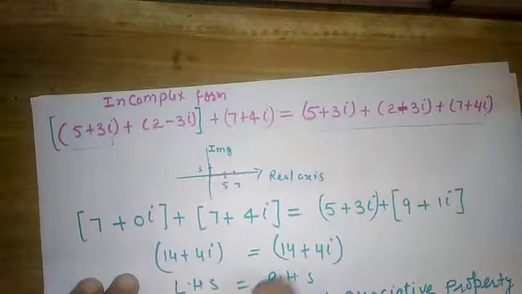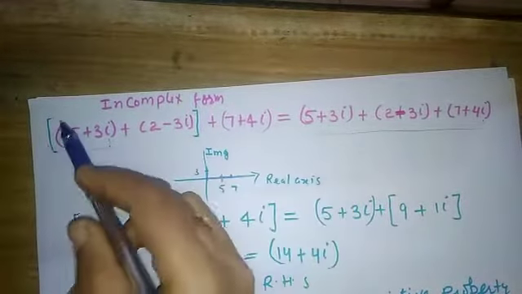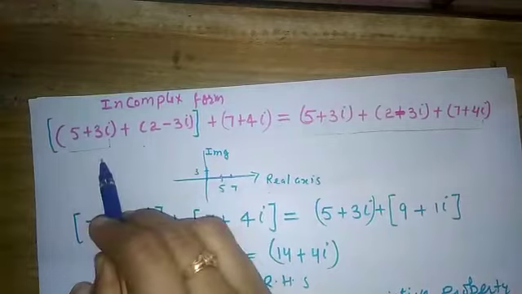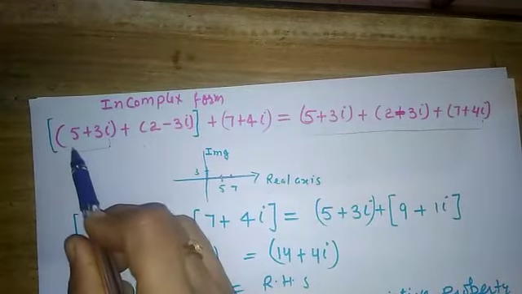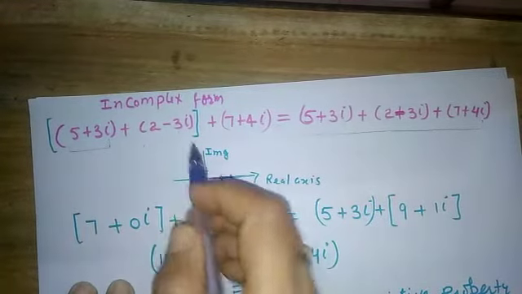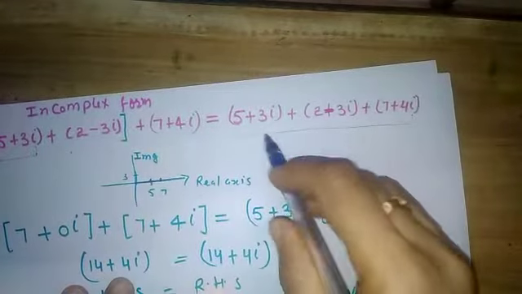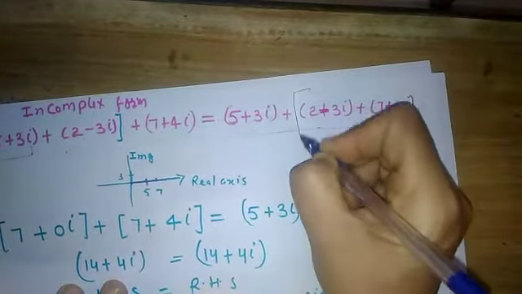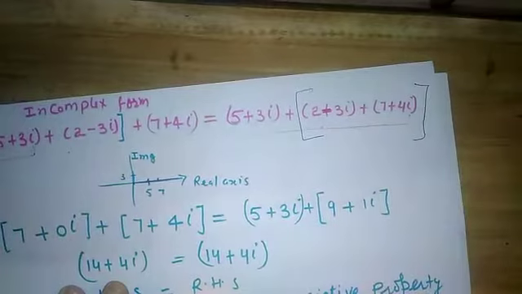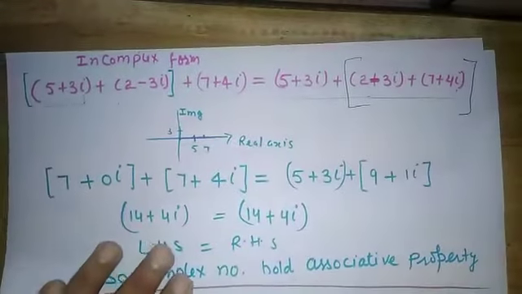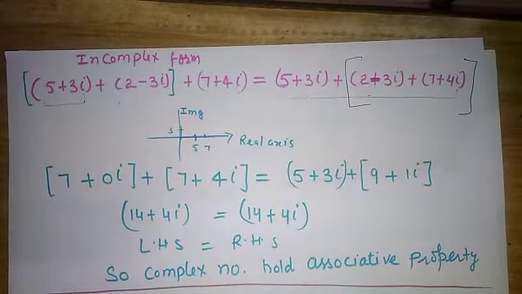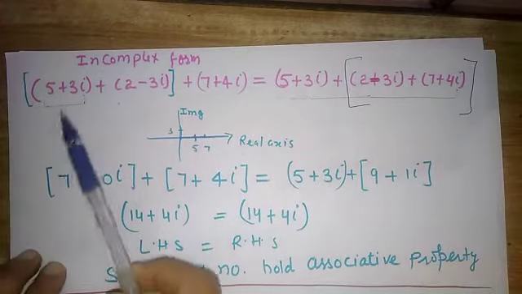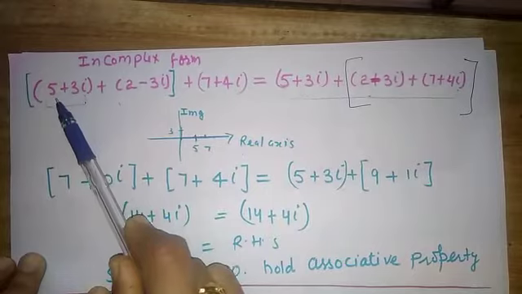So in this way, I have put the brackets here just to show that on the left hand side, I'm going to add first two complex numbers, but on the right hand side, I will not add first and second, I will add second and third. So these are the two ways to add three complex numbers. So how will I add? I will add real. What is the real value?